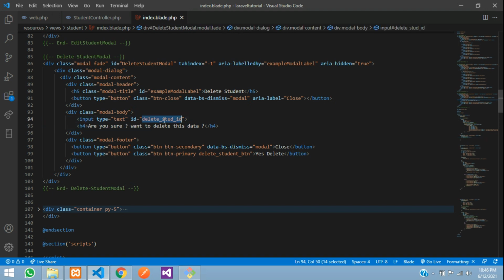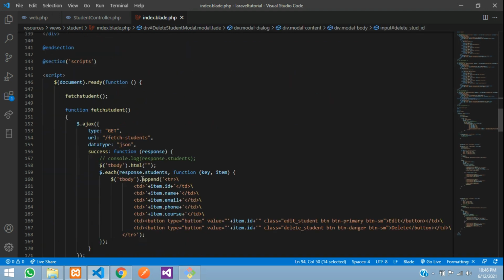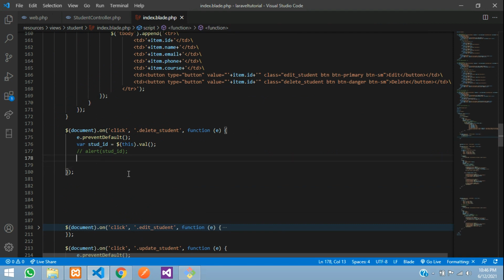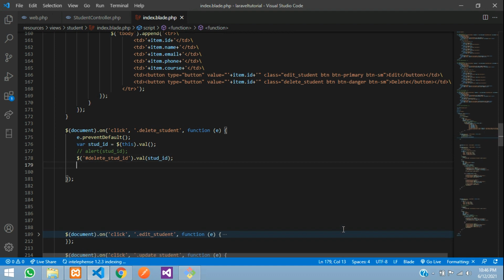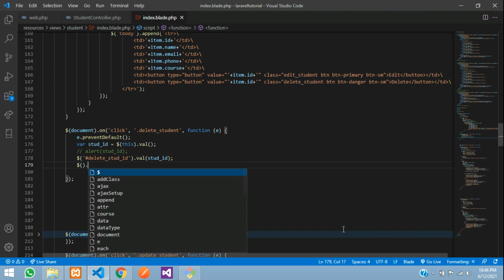Let's copy this student input ID and send it over there. So $ with hash its ID dot val function, where inside this val we are going to send this student ID. All set. And after this, I want to show the modal.